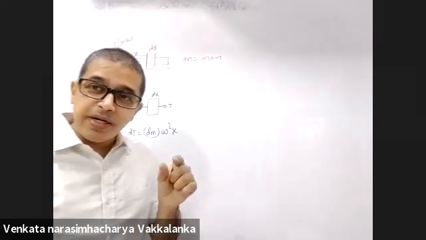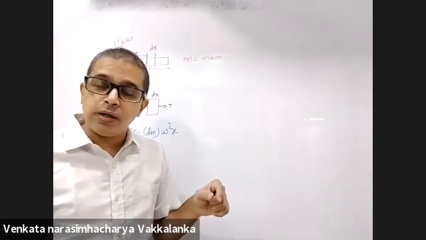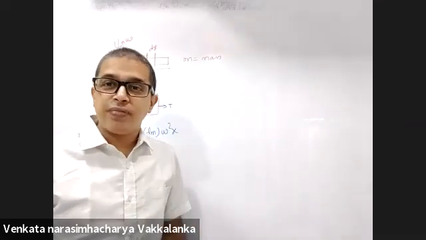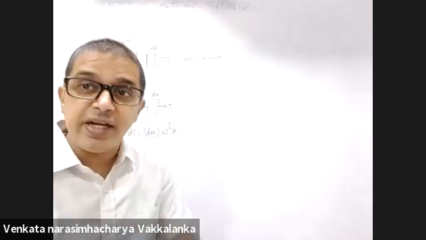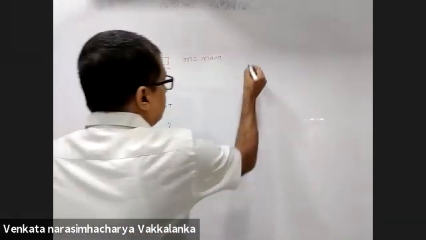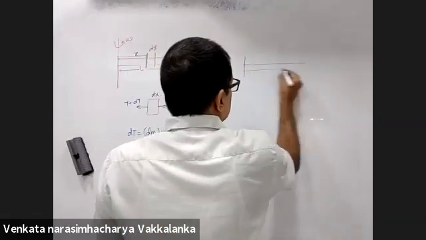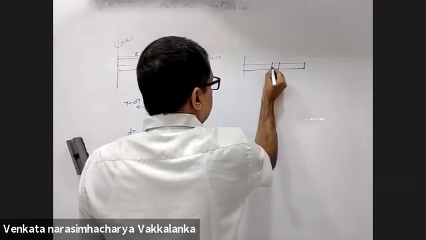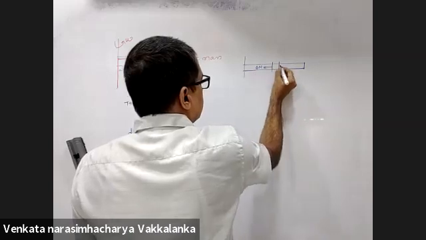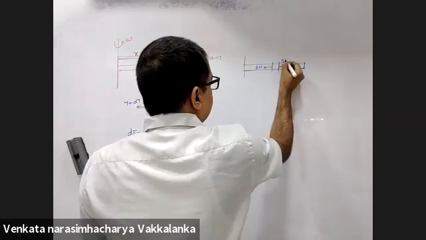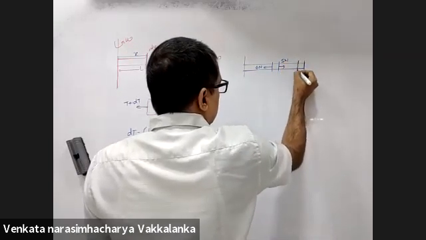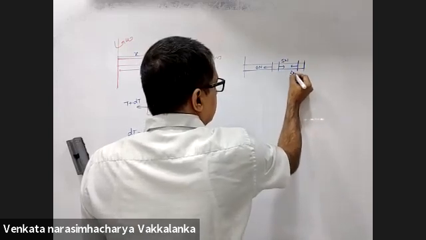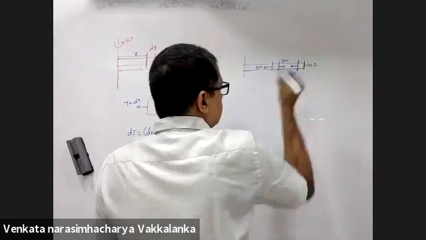Are you trying to tell me as I am moving out, omega square x increases, dT also increases? Yes. Tension may decrease, but dT will increase. I'll take a numerical example and explain this to you. Observe this. Consider an element here. Here I will take 6 Newton of tension, here 5 Newton of tension. On the contrary, for the outermost element, this will be 3 Newton of tension and this will be 0.